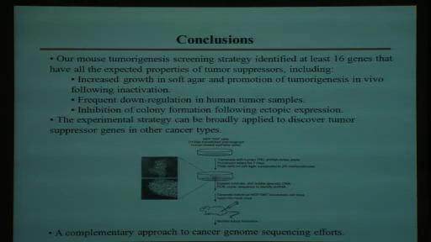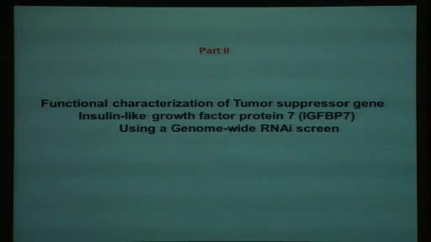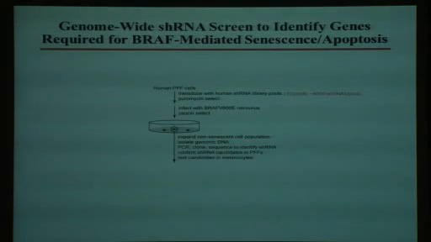Coming to the second part: once you have a tumor suppressor, how do you really characterize it? I'm going to talk about a tumor suppressor we have been interested in for a very long time, insulin-like growth factor binding protein 7. I'll show you how we have characterized this tumor suppressor, how it functions, and how it regulates tumorigenesis in general. This tumor suppressor was identified from an original screen which we performed in 2007-2008,